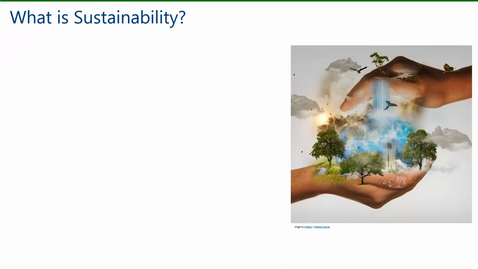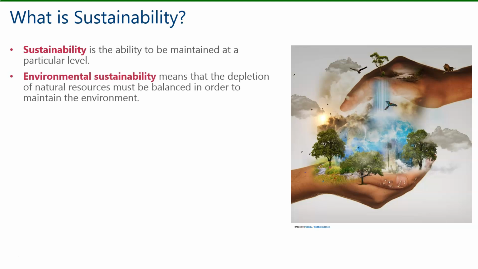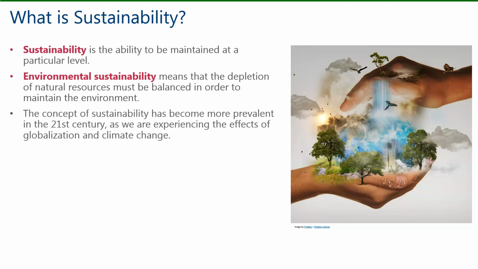So first we have to define what is sustainability. Well, sustainability is the ability to be maintained at a particular level. For the purpose of this lesson, we're going to be talking about environmental sustainability, which means the depletion of natural resources must be balanced in order to maintain the environment. The concept of sustainability has become more prevalent in the 21st century as we are experiencing the effects of globalization